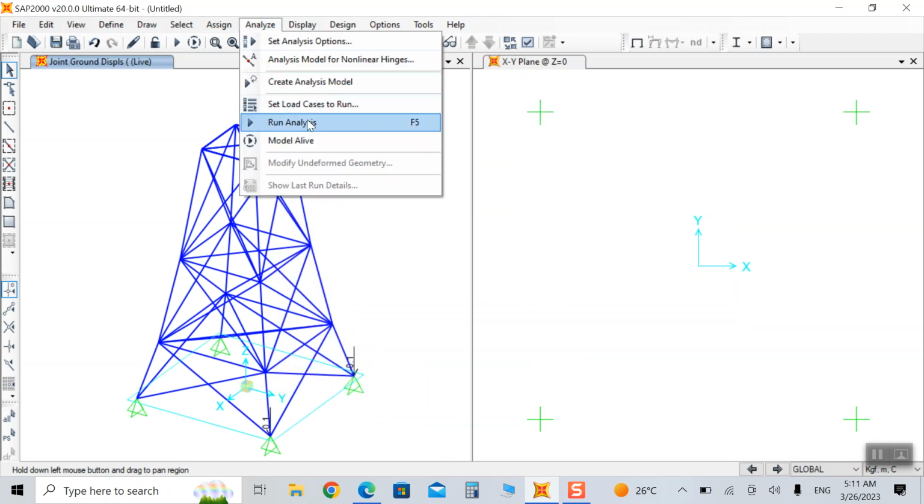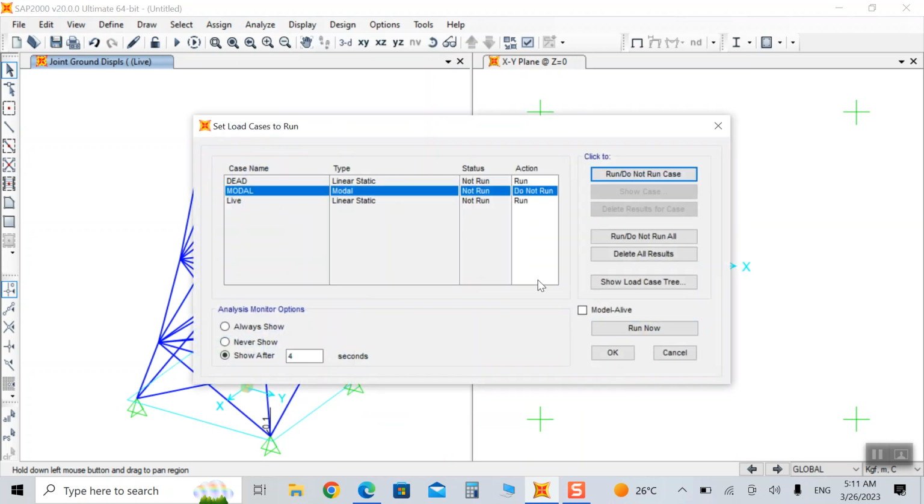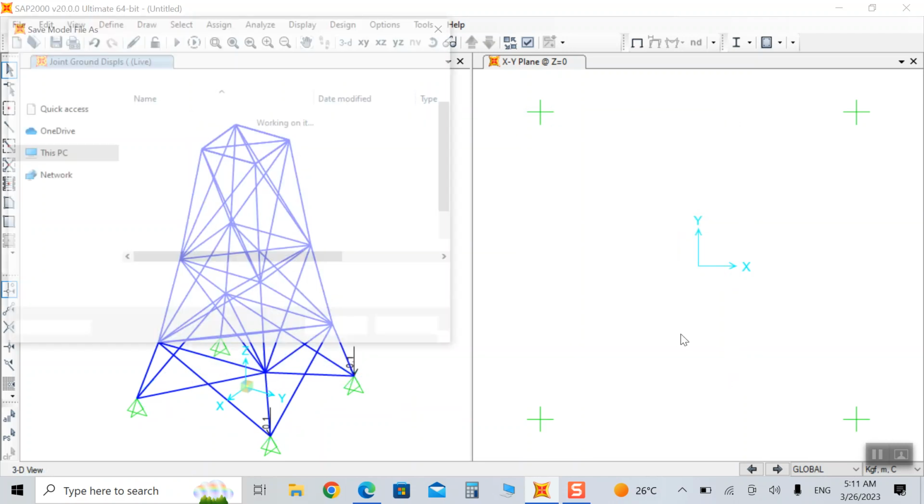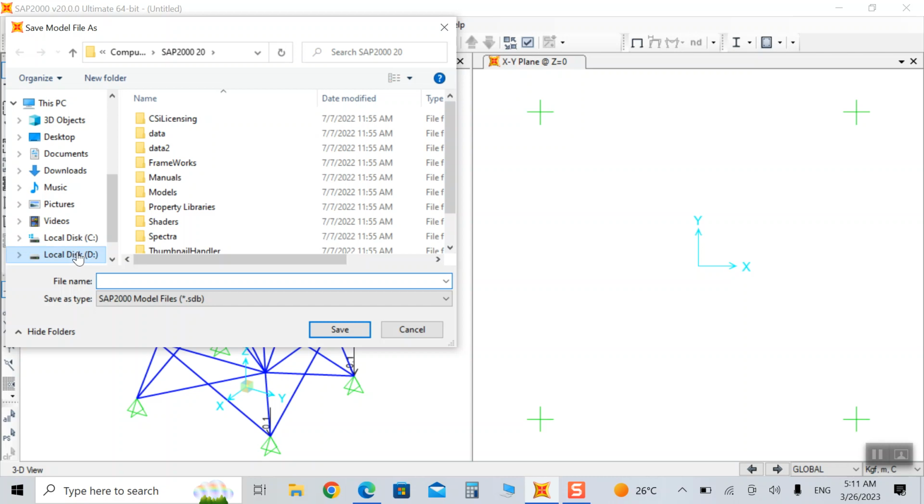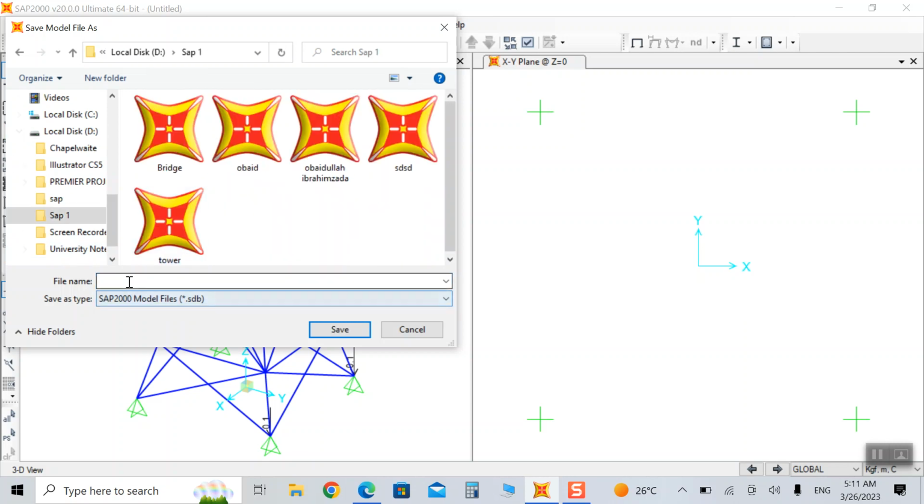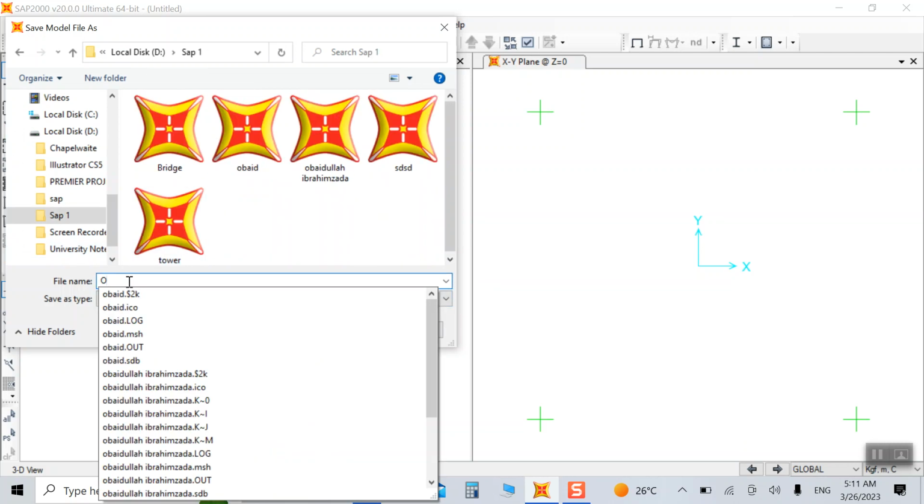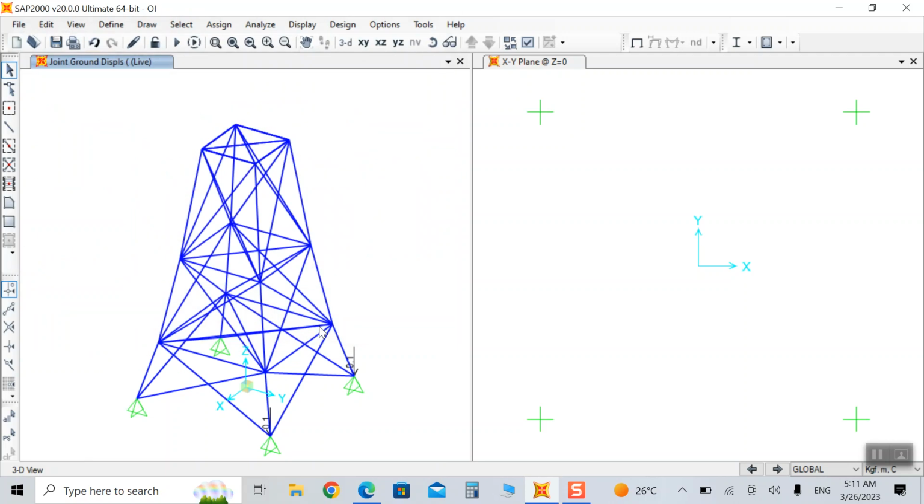and then run analyze. Do not run according to model, because model is a combination from the software. We define the combination of the load by ourselves. So in here we can come to Sap-8 Obaidullah Ibrahim Zada. Okay,